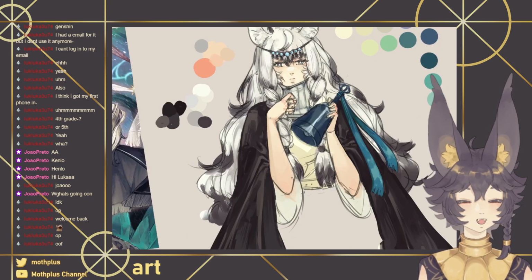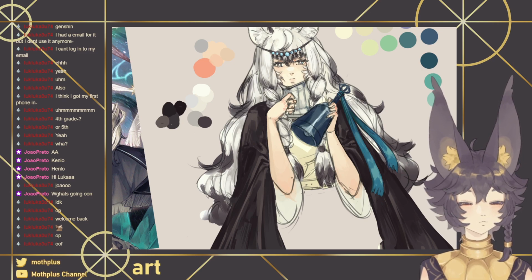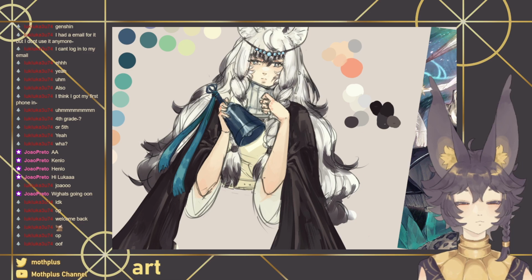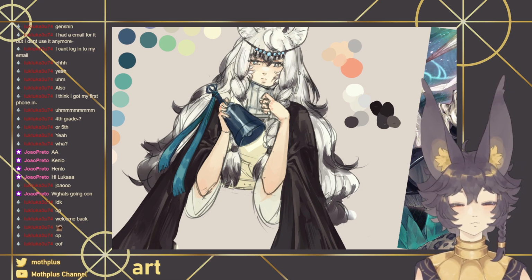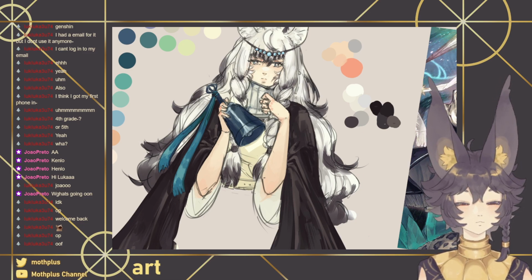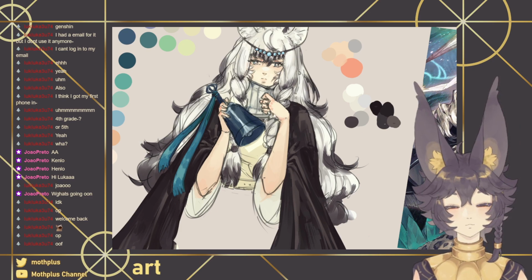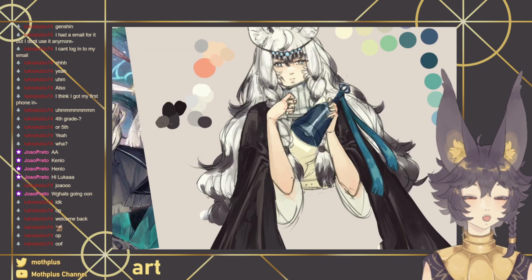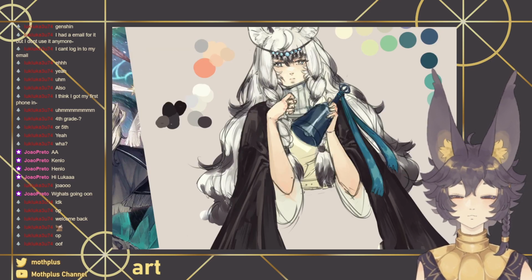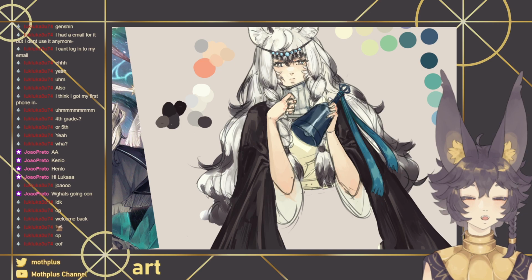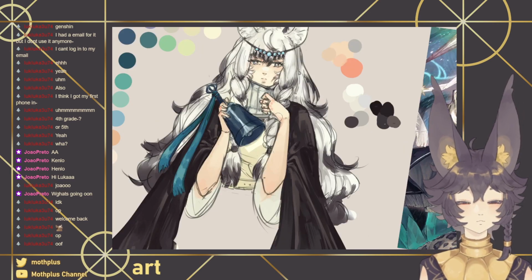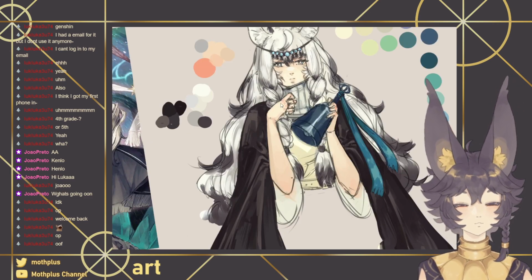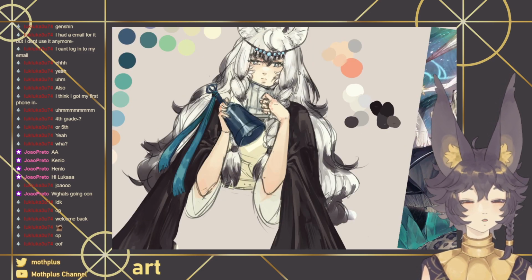Not what I meant to do. Okay, let me do my hair in there. I think that the shape is wrong, right? Yeah, I think I'm making it too... No, this is actually okay.